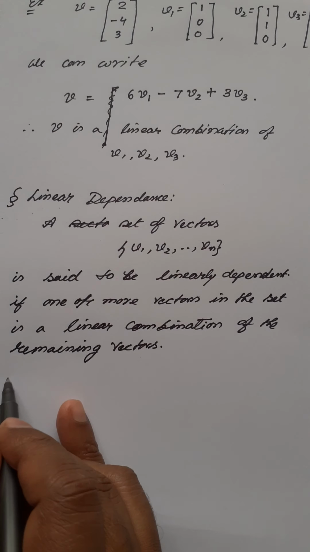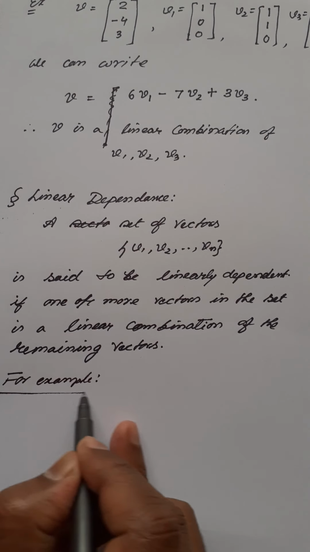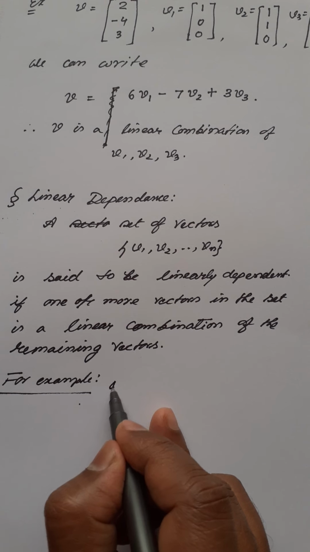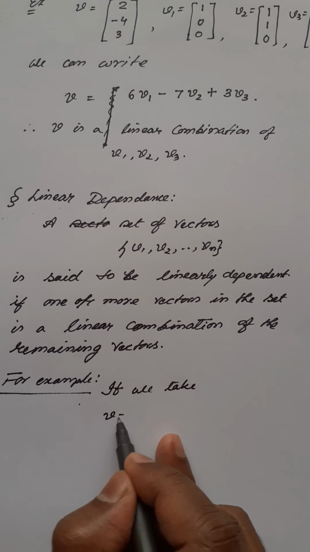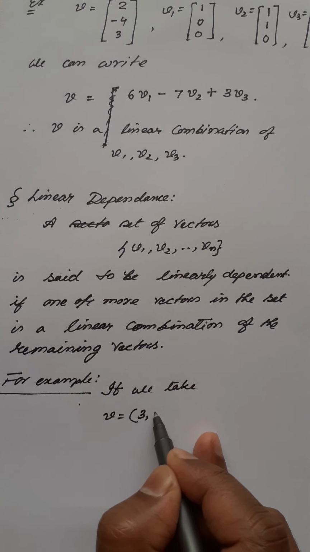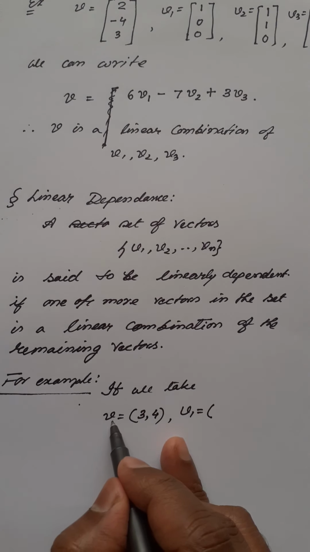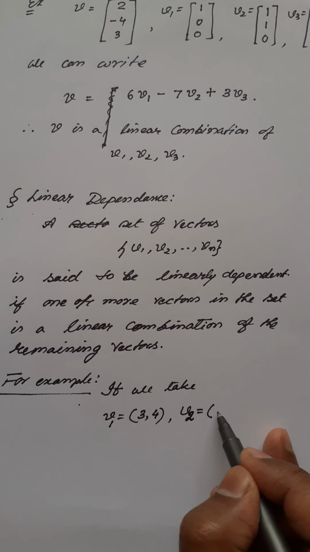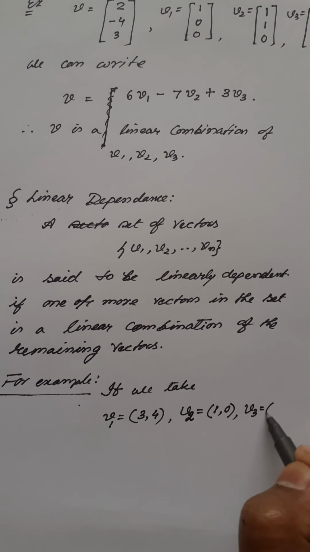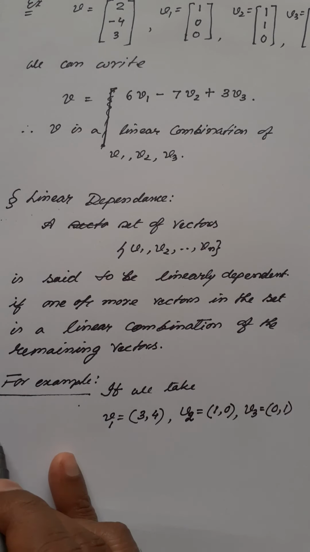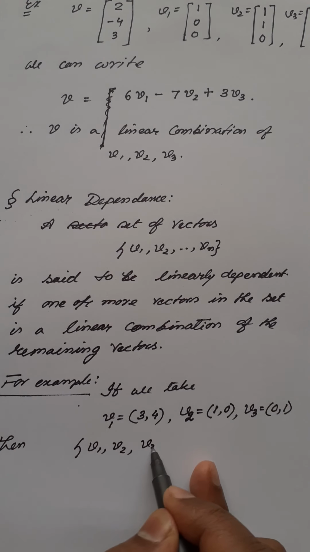For example, if we take V1 equal to (3, 4), V2 equal to (1, 0), and V3 equal to (0, 1), then the collection V1, V2, V3